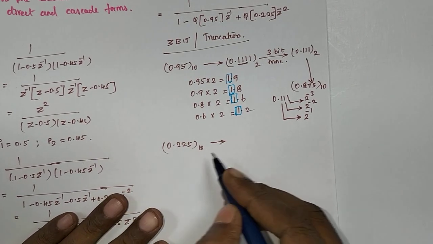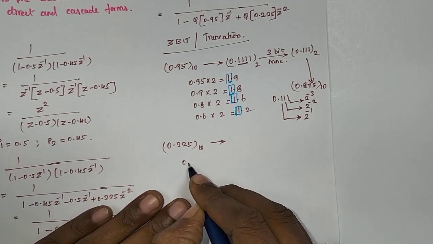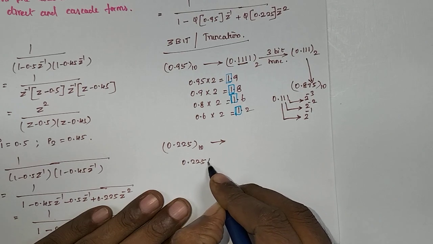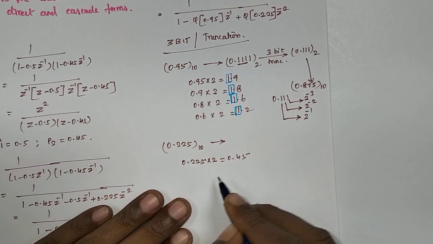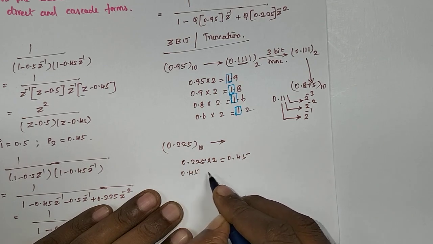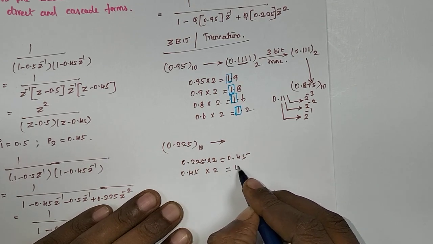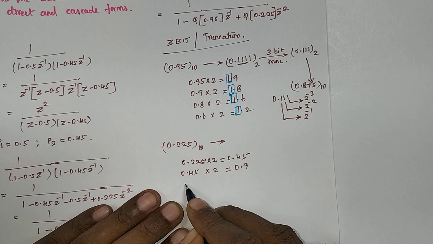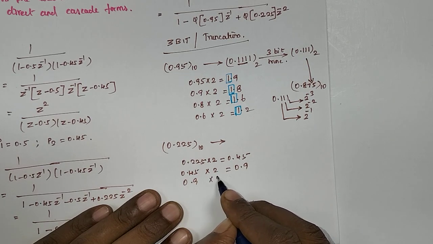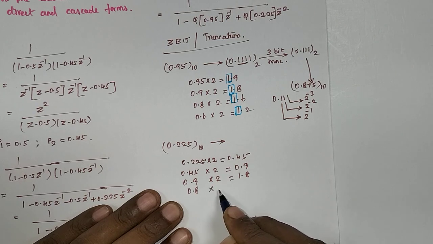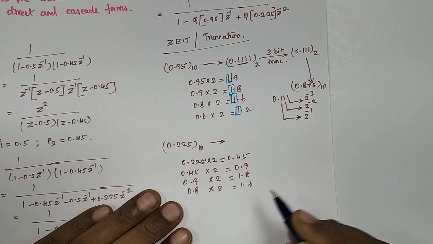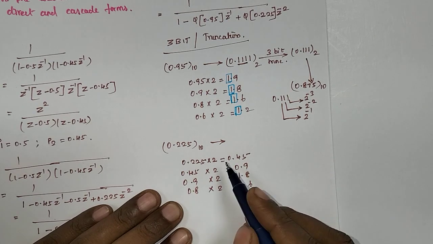Similarly, do it for 0.225. Again, for 0.225, multiply by 2 is equal to 0.45. 0.45 into 2 is equal to 0.9. 0.9 into 2 is equal to 1.8. And then 0.8 into 2 is 1.6. So you have to choose the